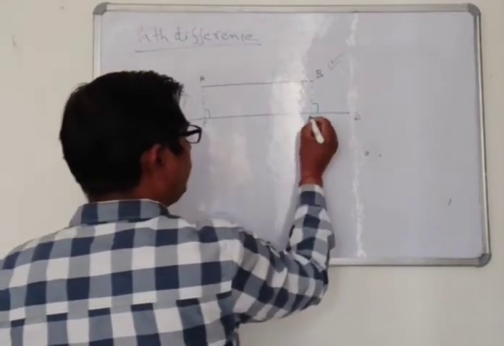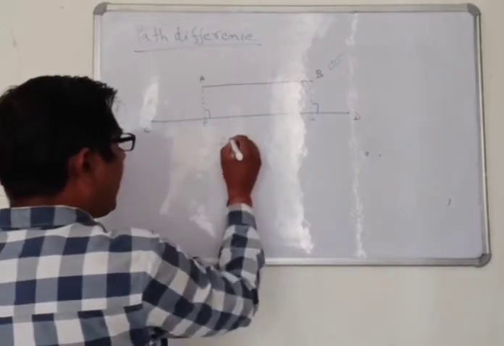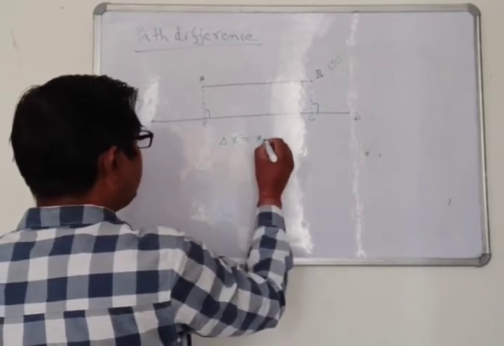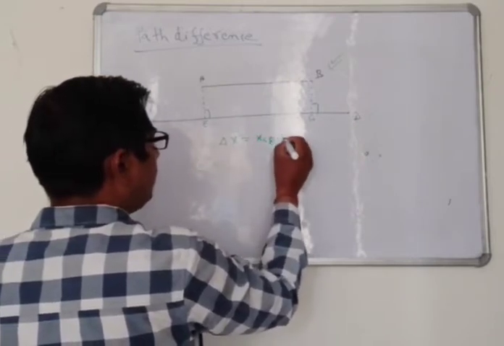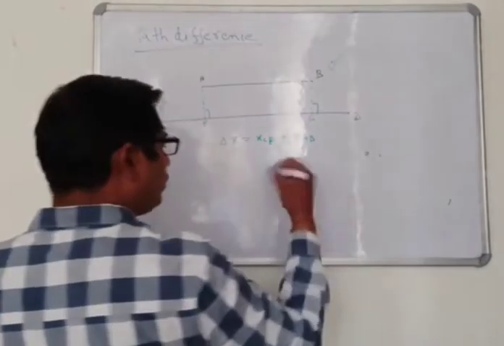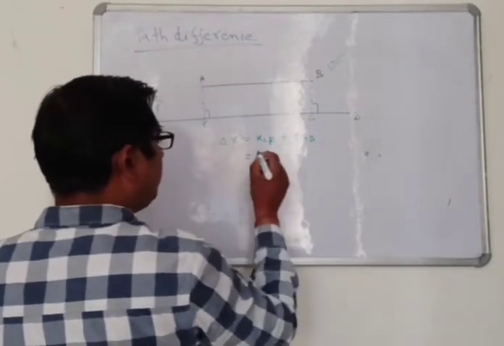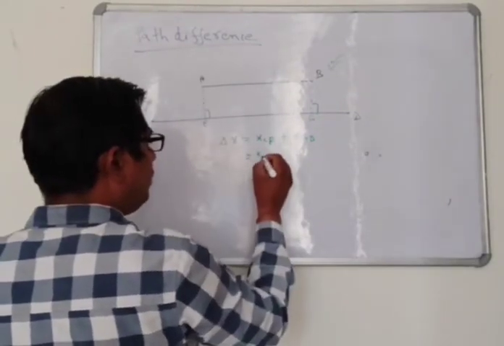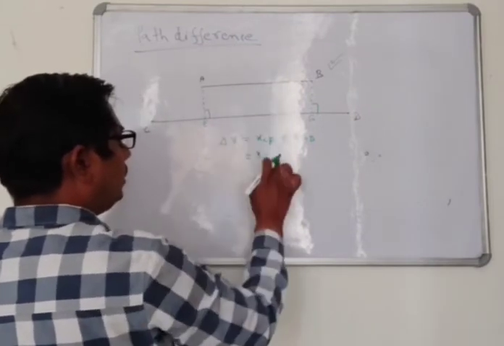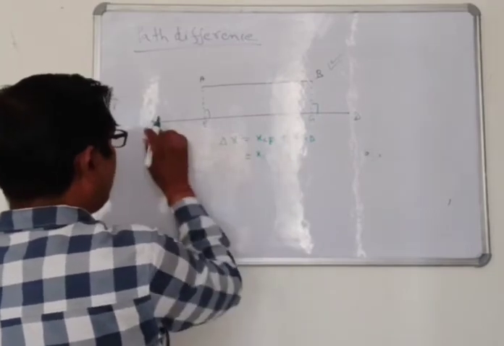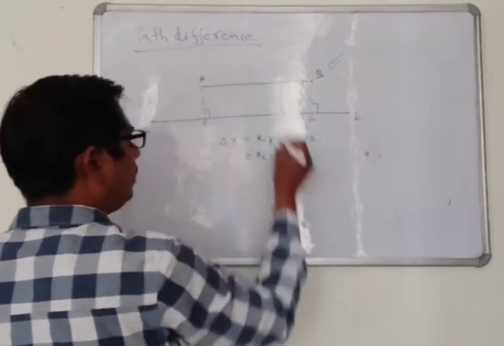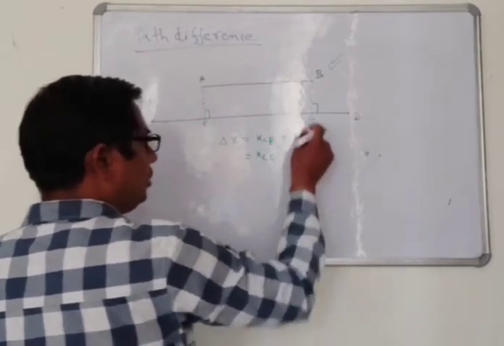Here is point G. You can write the extra path delta x simply as the distance CE plus distance GD. And also you can write it simply as the distance covered by the object CD, since this is the longer path, first we write the longer path, minus the distance covered by object 1, AB. Both are the same.